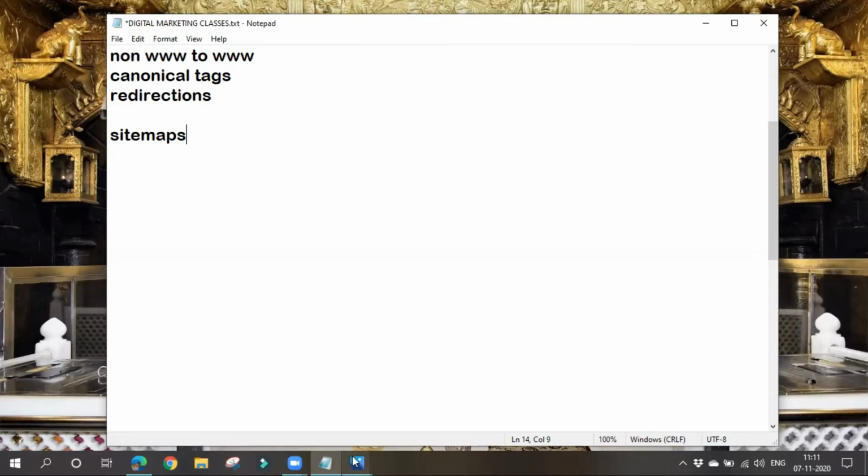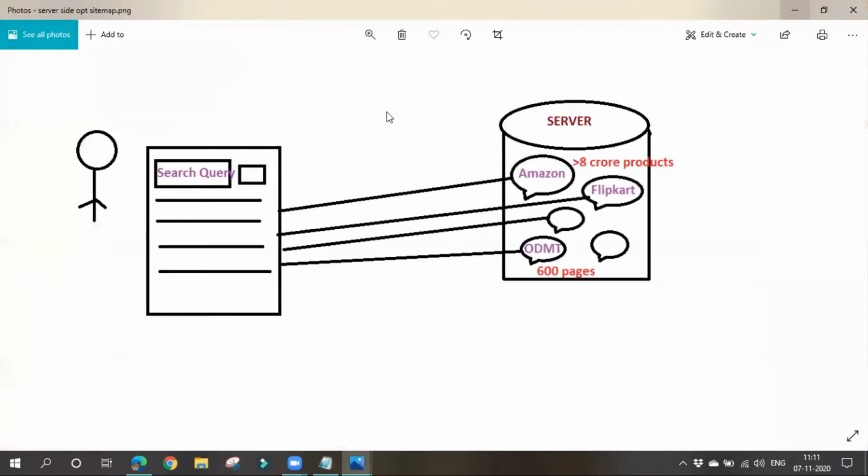Let's think that a visitor came to Google and searched for some product like a laptop. Now what will Google do? It will go to Amazon, pick that laptop image and all laptop things, retrieve all the data and display it to the user.